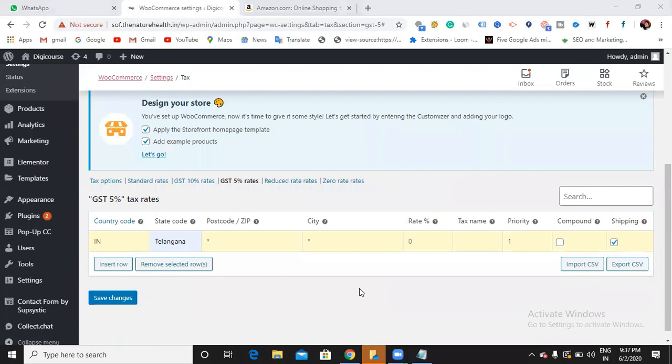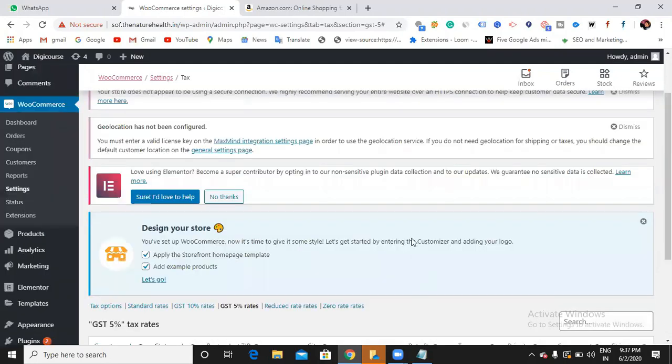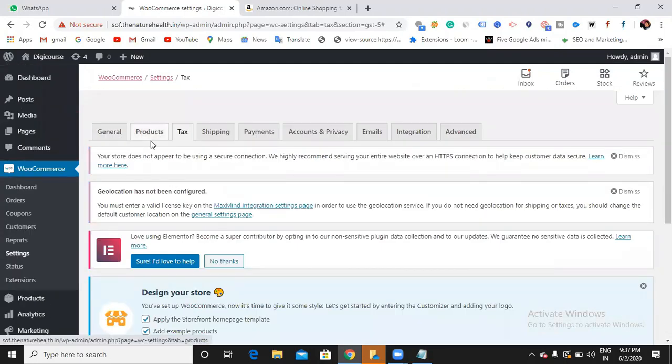The rate percentage is 5%, and the tax name is GST. Then shipping, then save changes. So in such a way, if you want to include some taxes, you can include them here. So then General we have seen.